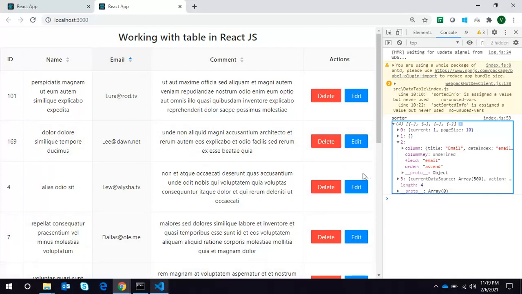So we need to set the column key. Since the column key is undefined, the column field is nothing but the field, email. So we have to set the column key as the email here, using this field property.